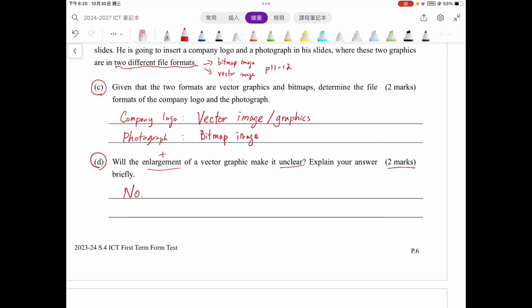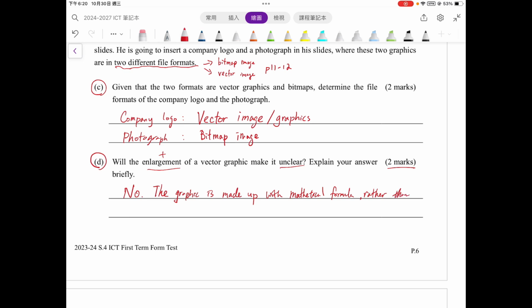And explain your answer. This is a kind of difficult question, okay? But you still can refer to your book. They said that the vector images are stored as mathematical formula, so you can use this kind of sentence to help you to explain. So why do we not have the unclear? Because actually you can write in this way. The photo of the graphic is made up with mathematical formula